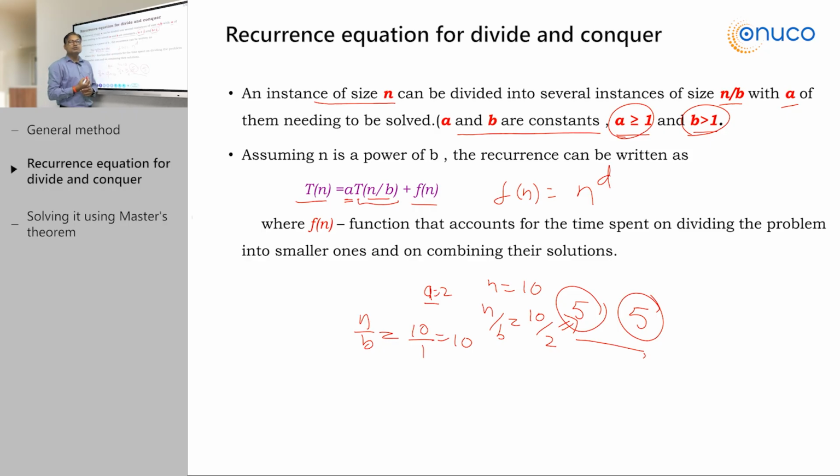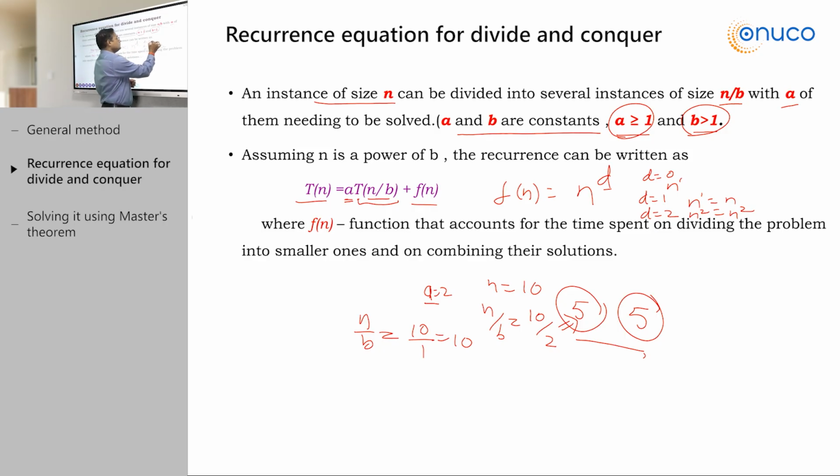Here I bring some new terms called d. D is again a variable, n to the power d. Now when d is equal to 0, we are getting just 1. When d is equal to 1, the value n to the power 1 remains n. When d is equal to 2, n square is quadratic. So based on this, the function of n can be